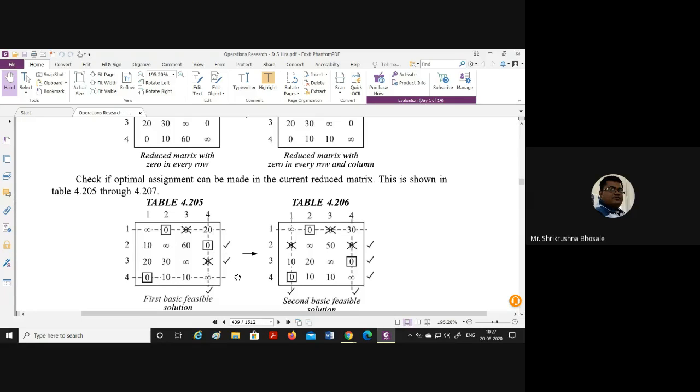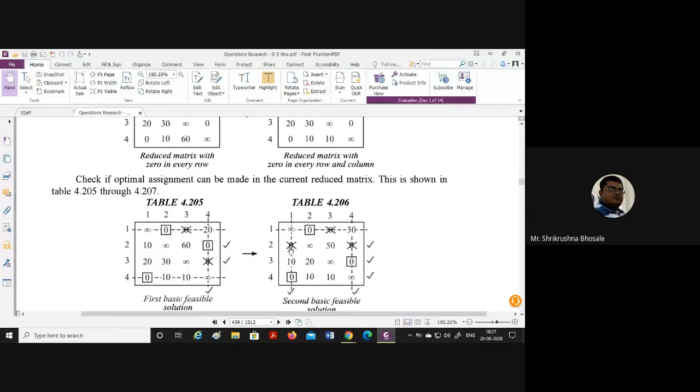After making these particular allocations, the allocations get changed. So first is allocated to second. Then somebody may think, why is this second not allocated to the first 0? Is it that, Nagne? Yes, sir. So why is this second not allocated to this 0, that is the first 0?